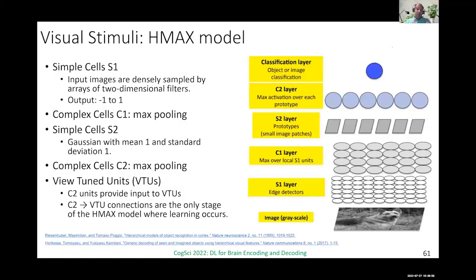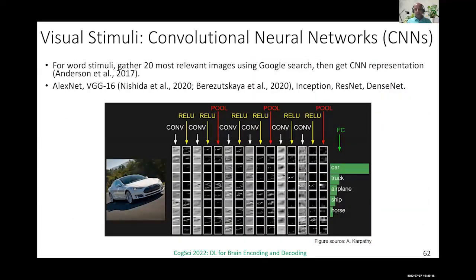Now, the HMAX model is a very initial model in terms of deep learning. They essentially have multiple layers, as you see here, which in today's world correspond to some sort of convolutional and pooling layers. So there are different kinds of layers trying to extract various kinds of features from the visual stimuli. Various kinds of CNN models are very popular these days, starting from typical AlexNet or VGGNet, and then graduating over to Inception, ResNet, DenseNet, and so on, which have become popular over time, deeper and deeper convolutional